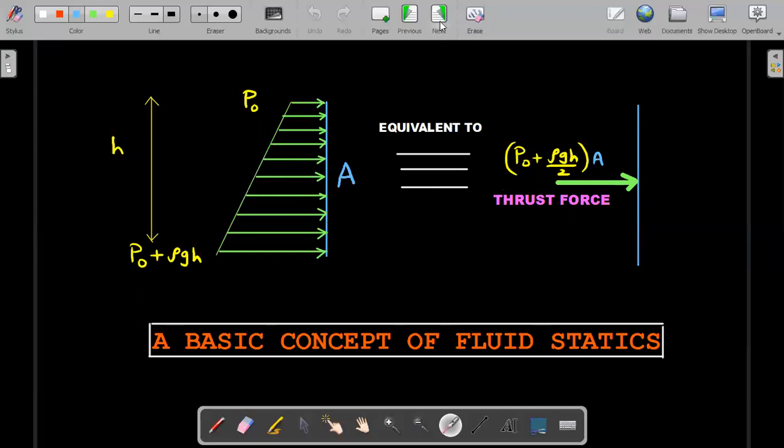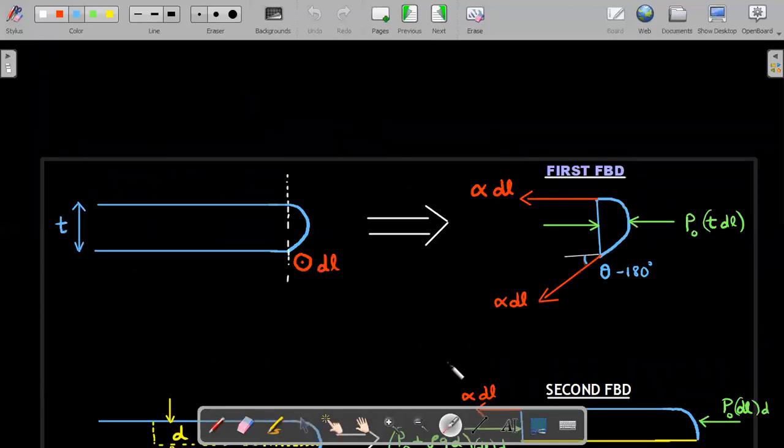Okay, so after revising this, let's move ahead. This is my first FBD, so solution required for small t calculation. Let's say this is the entire thickness, as you could see on the left of your screen. I'm going to cut this bulge out and only this protrusion that you are having. So there is a curved thing. It's not a semicircle, please understand. Some curve that I don't know of. I'm not even interested in the name of it.